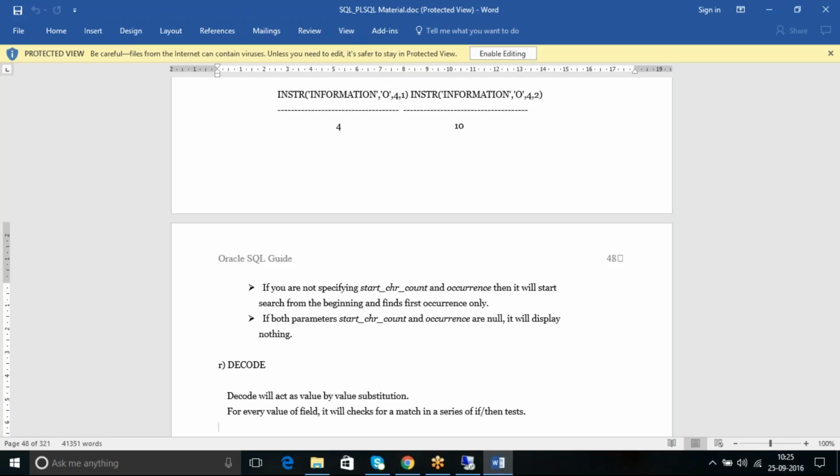Suppose we have a requirement, based on the marks we are going to give the distinction, right? Is it first class, second class or third class grade you can give it, right? Like that we can use the decode function and case function both at that time. The decode is going to work as an if else condition. Okay, right.